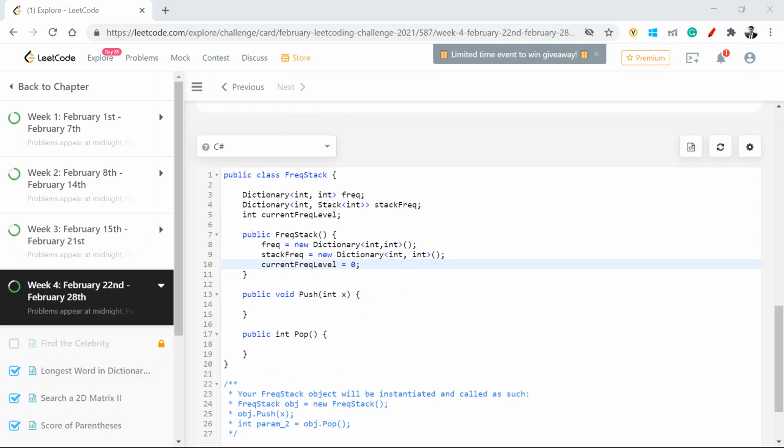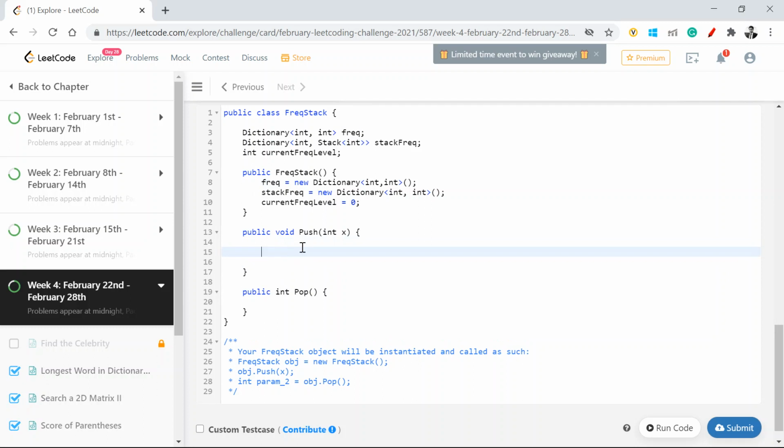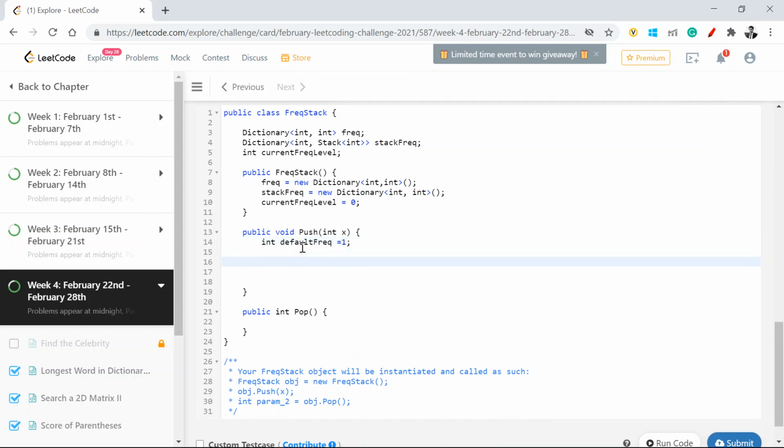And now comes the first part. I'm going to push a value. In order to push the value, I'll have to see whether that particular value is present in the frequency stack or not, because my frequency stack will always contain the value and how many occurrences it has. So by default the frequency will be 1. So I'll see, okay, if my frequency dot contains key x,